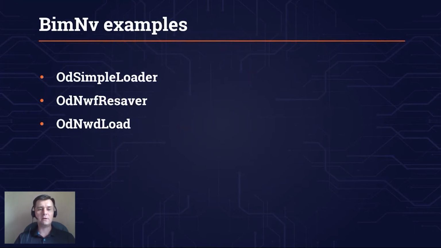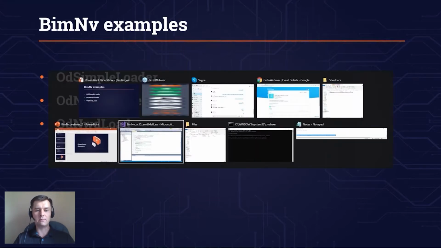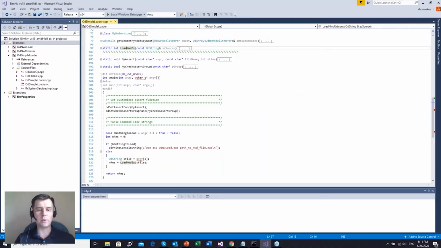And the BimNv SDK itself has examples. I mean, the archive has examples. Not very many probably, but quite useful. The first one is OD Simple Loader. It's a quite simple and straightforward example with the purpose of getting acquainted with the APIs. It's quite short. It's a console application, and in the main we just call the load